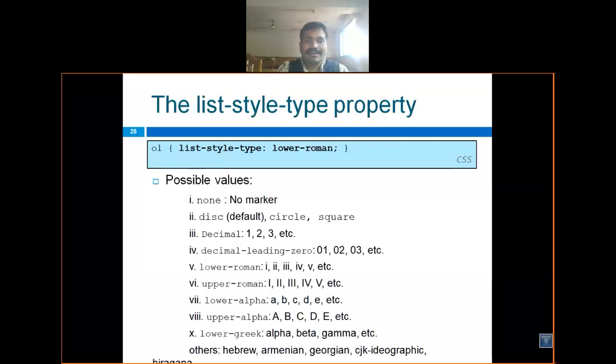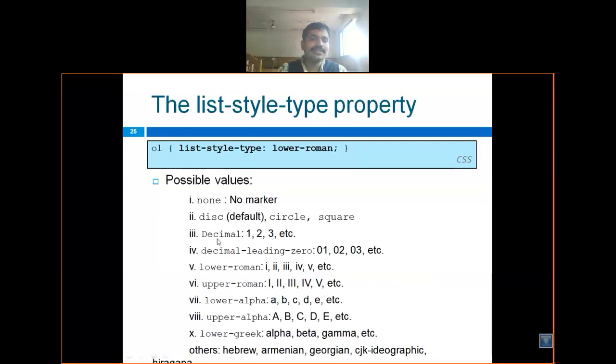Now the list style. Already in the previous five to six lectures we learned about OL, which stands for ordered list. So how can we use that? The keyword is important: list-style-type colon lower-roman. Below that, you can see that when none is set, no mark is shown. Then you can specify circle, then square.